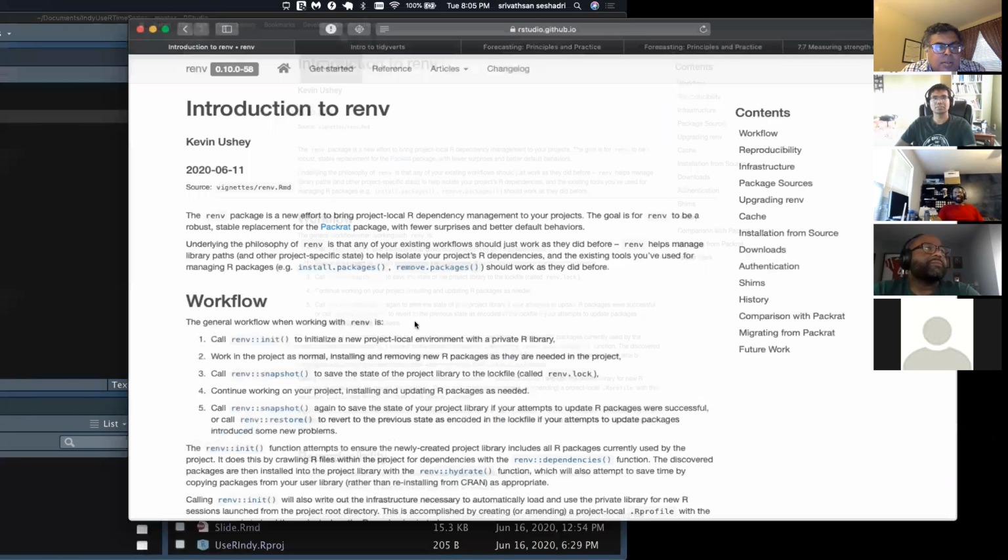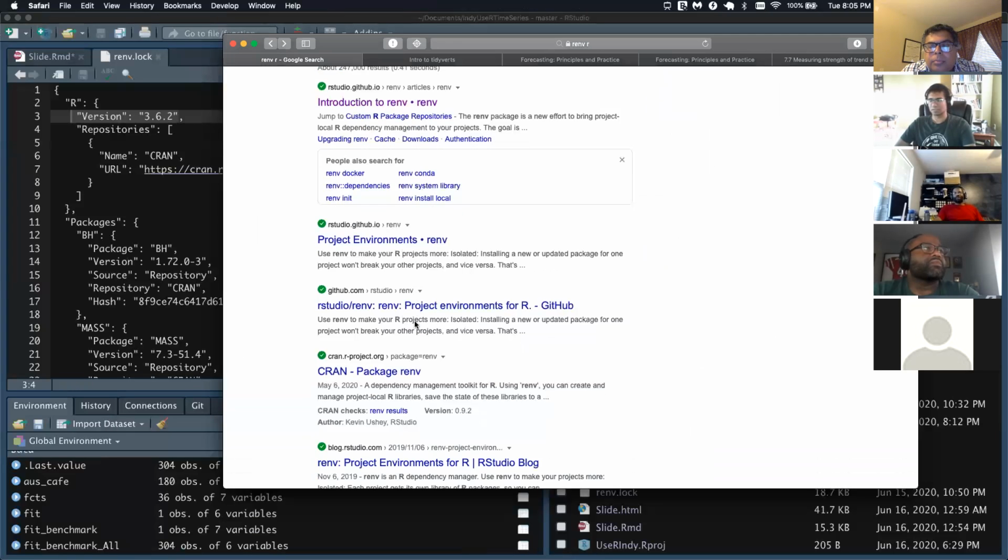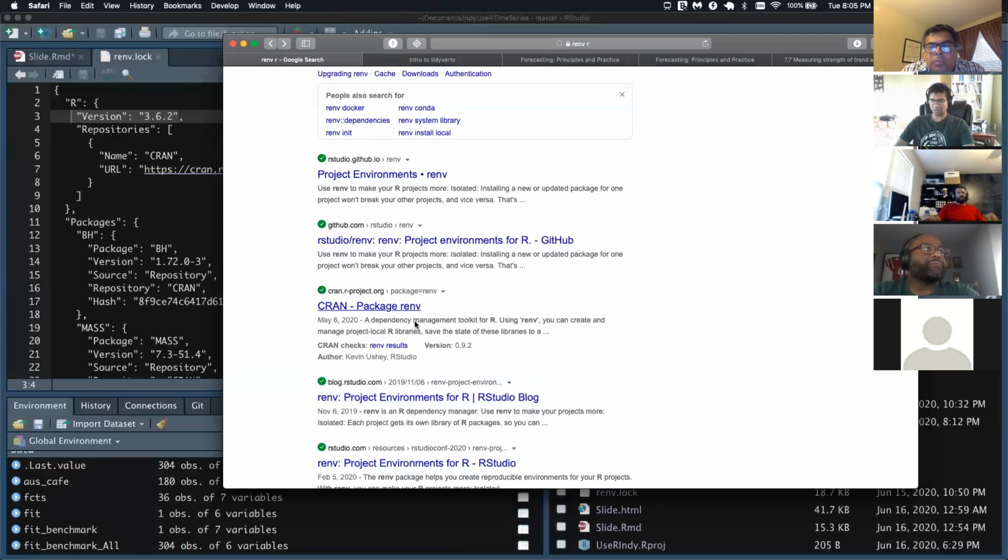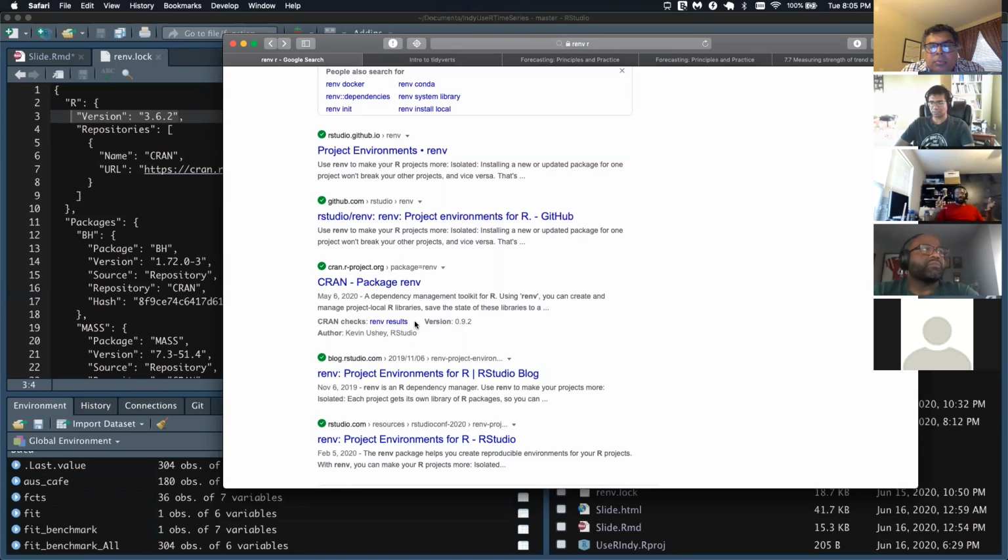But I think it falls in line with the trend of a lot of languages. What they have is that lock file that says here's the version of the language you originally built this with.